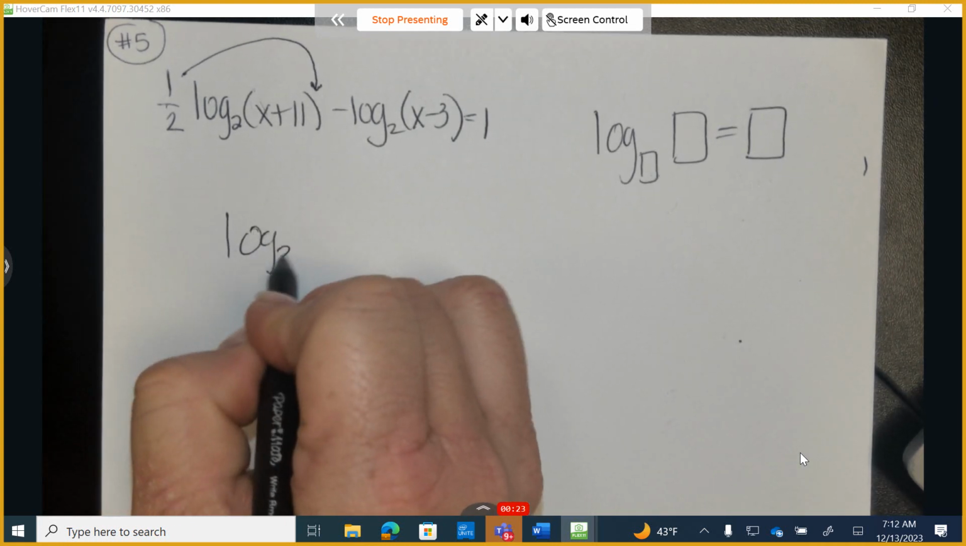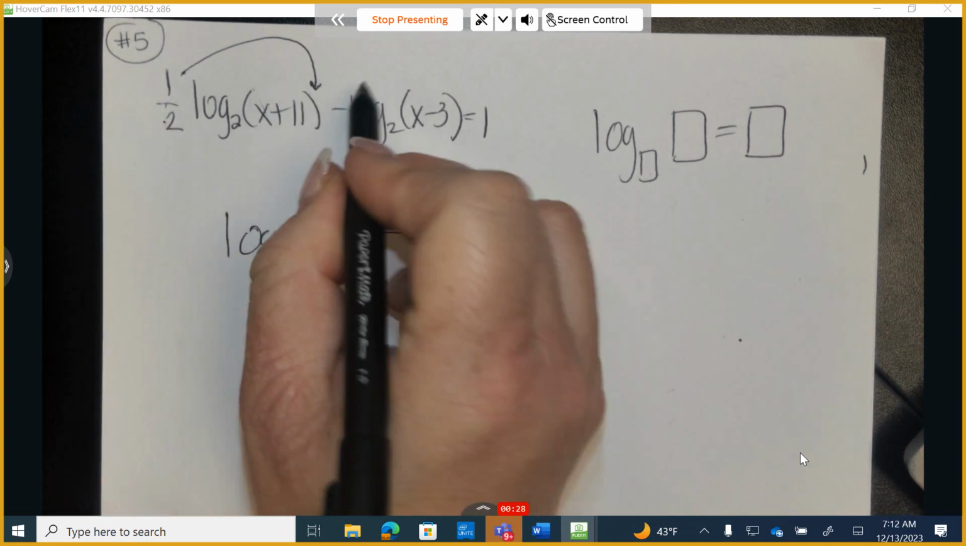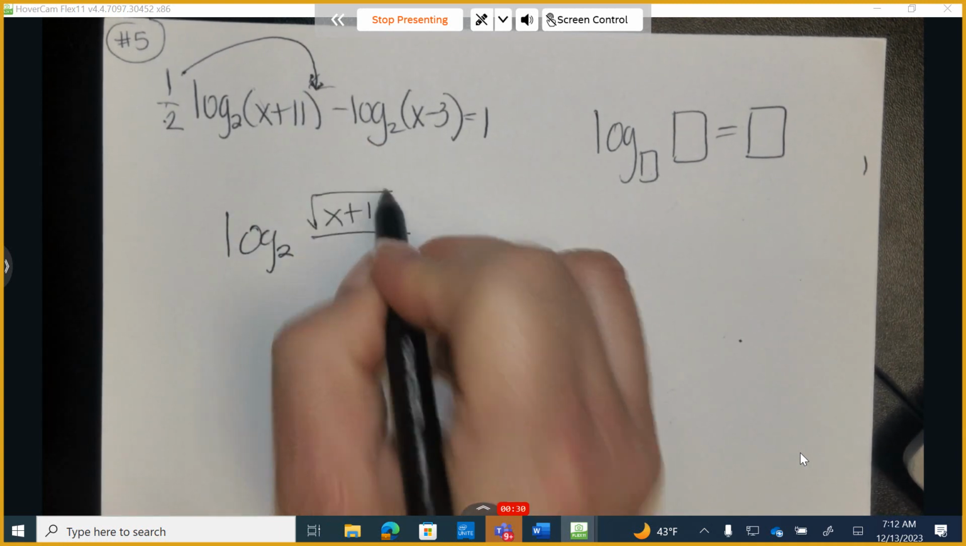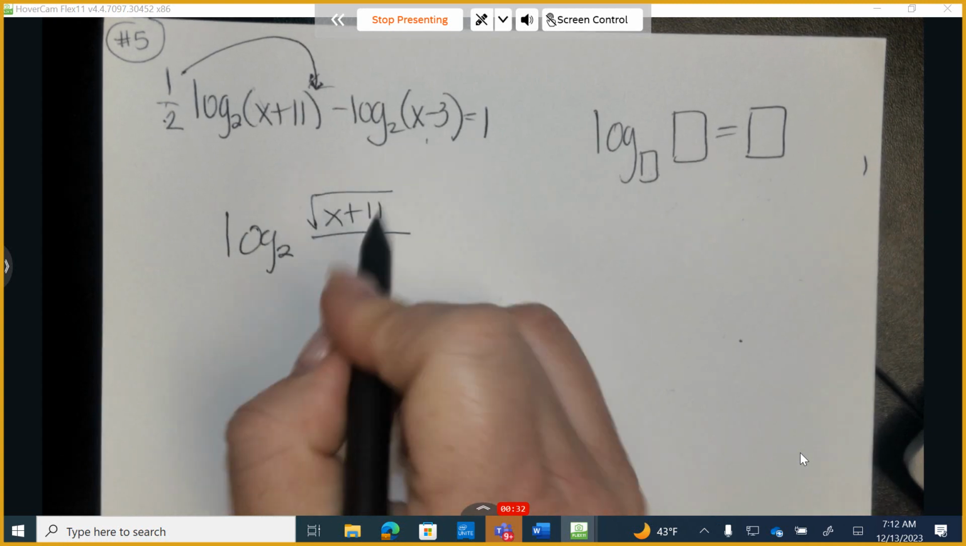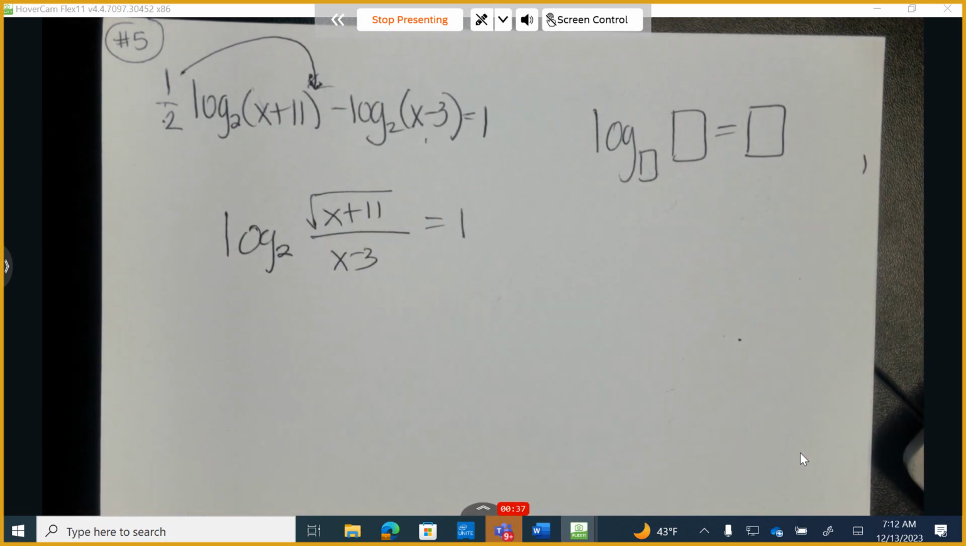So I have log base 2. On top, I have x plus 11. And then when I put a 1/2 up top, that's the same thing as the square root. In the denominator, I have x minus 3. It's equal to 1. Just like problem number 1,